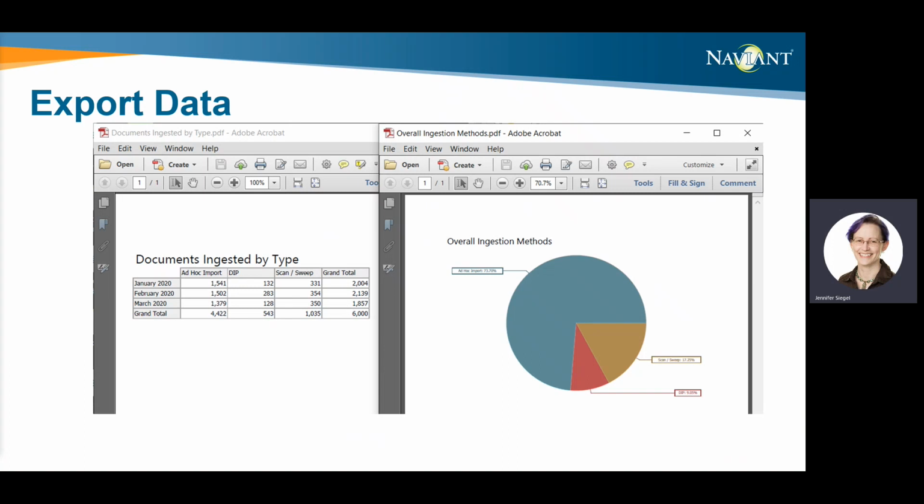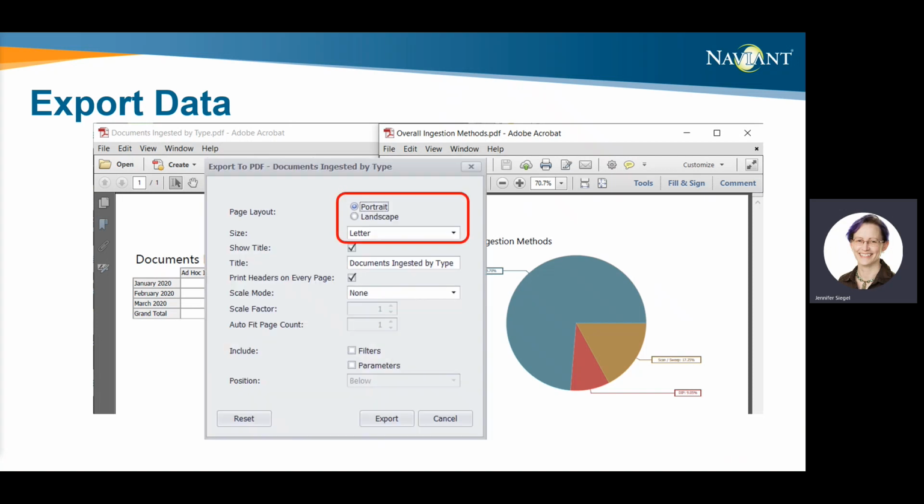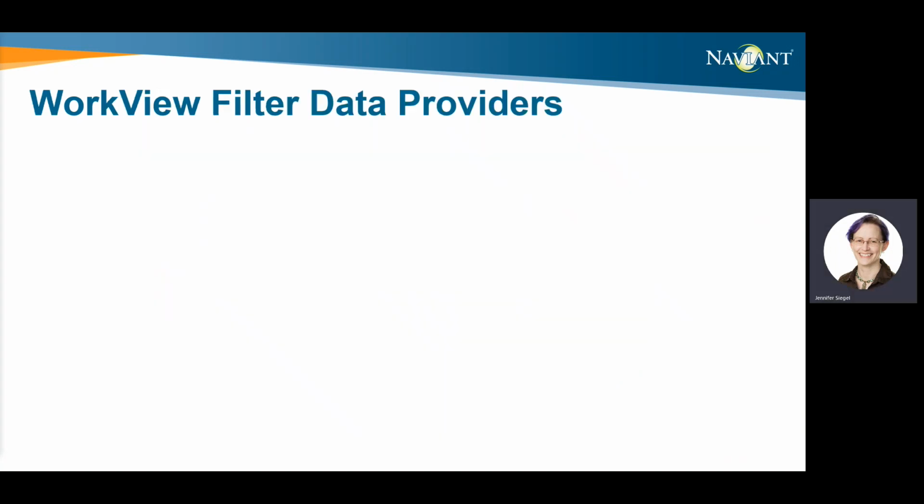The PDF option is generally more useful for grid displays when the open dashboard does not have enough room to display all of the text on the screen. If you change the page layout and size, it can expand the columns during the export to fill the available width. Unfortunately, there's still no option to export a graphical layout of a dashboard as a whole, but this is what you can do.